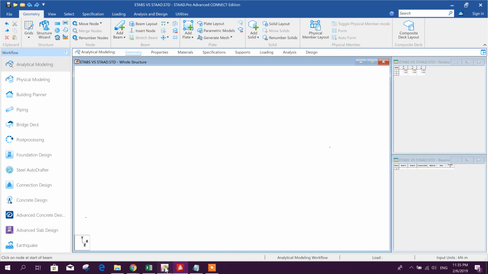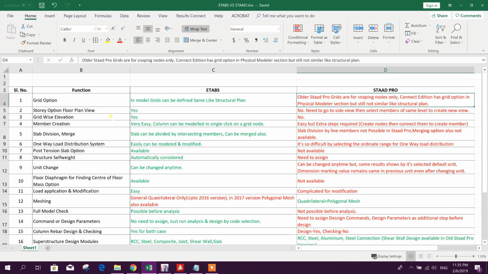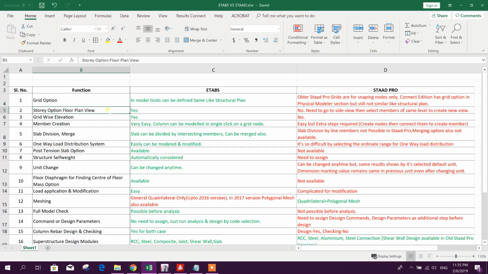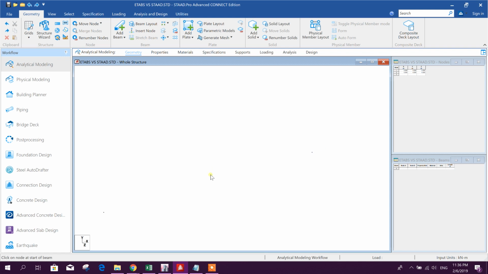Now we will go for the second option, story-wise floor plan view. In ETABS it is available, but in STAAD Pro it is not available. To see the plan view, we need to go to side view, then select members of the same level to create a new view. For example, here if we create a member